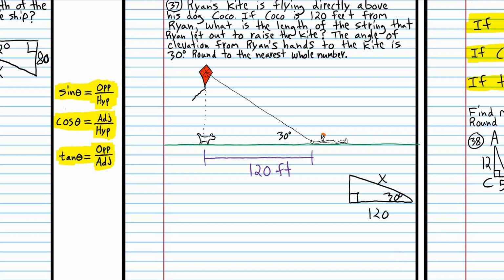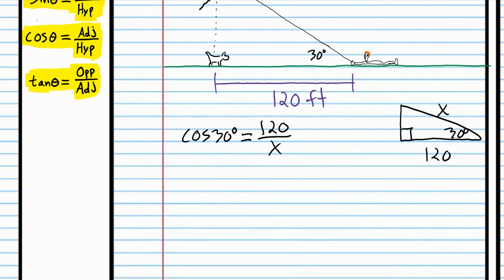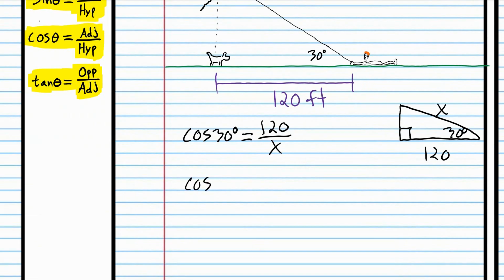And it looks like we're going to use cosine. That's going to be the ratio of the function to use. So cosine 30 degrees is equal to adjacent, which is 120, over the hypotenuse, and that hypotenuse is what we're looking for. So cosine 30 degrees, that's actually a special